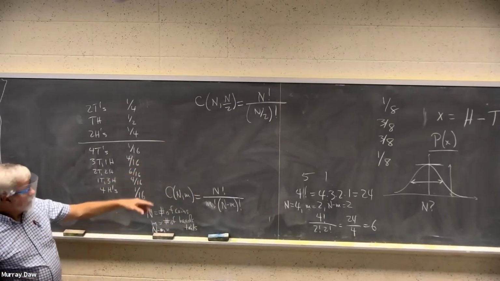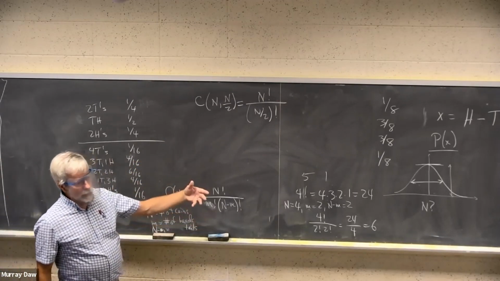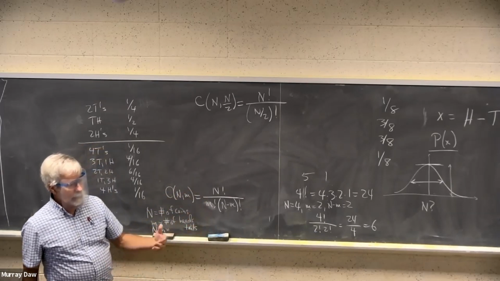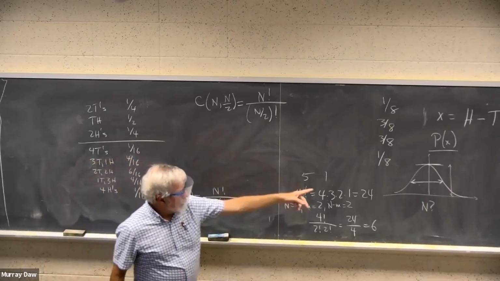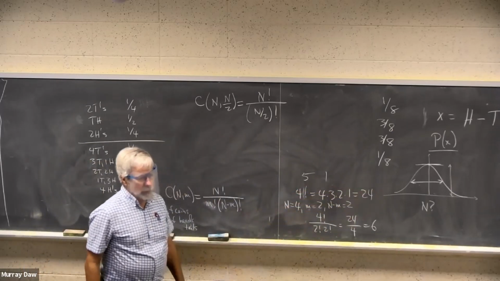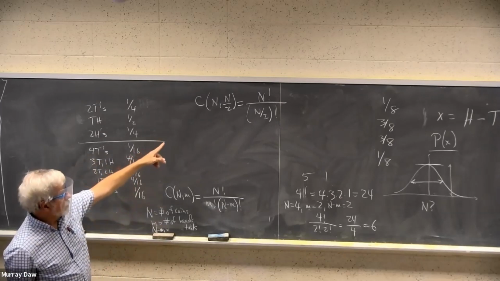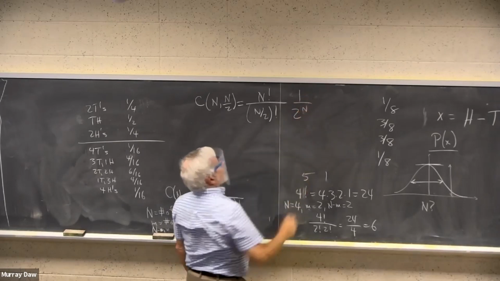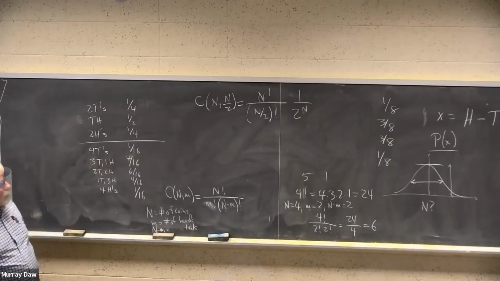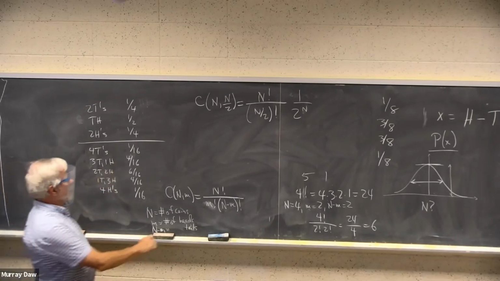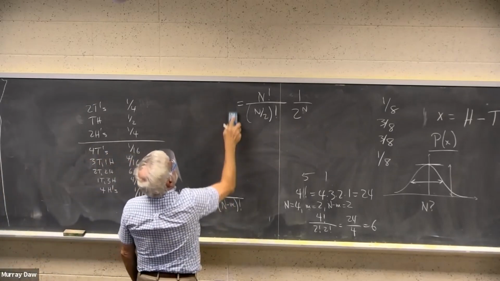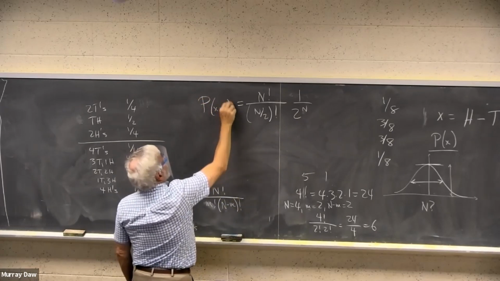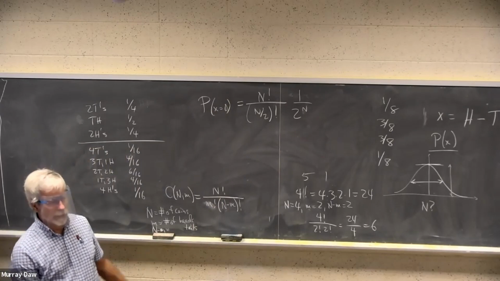Otherwise, if the number of points is odd, then you can have one more tail or one more head. So that peak height makes a lot of sense if we're talking about an even number of points. So that would be that number. You multiply by 1 over 2 to the n. That's going to be the probability of coming back to where you started from.